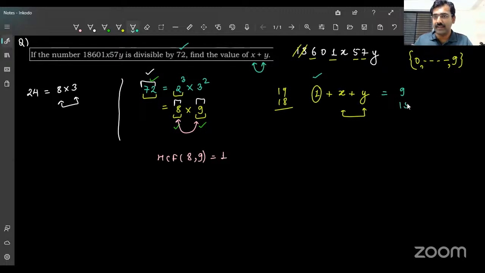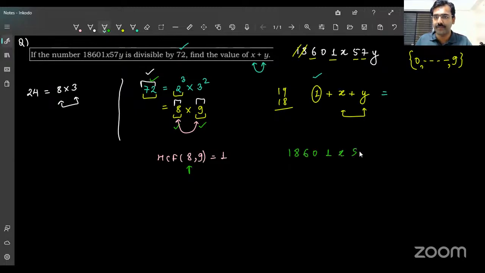Can it be 18? In order to make it 18, I need to have, let's say, the minimum possibility. If I keep both the numbers equal, it should be 9. And so a lot of possibilities are there. I will talk about those possibilities later, but first of all, we need to think about this number's divisibility by 8 as well. Now, how do I check that? The number was